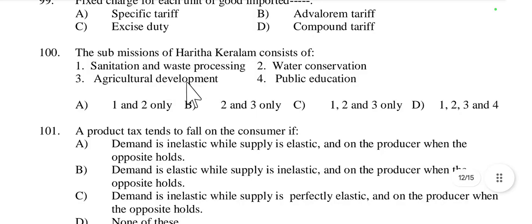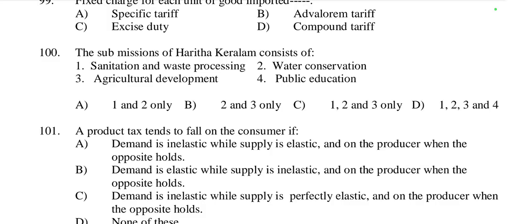Then next question, the submission of Haritha Keralam consists of. The submission of Haritha Keralam, it is a project in the district of Kerala. So it consists of sanitation and waste processing, water conservation, agricultural development, public education. So here 100 number,